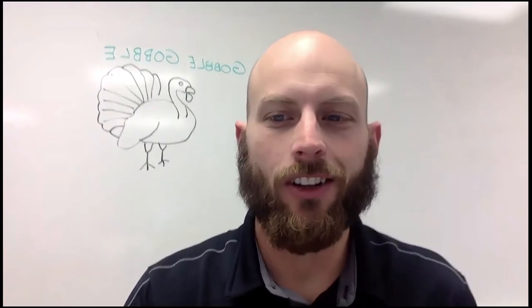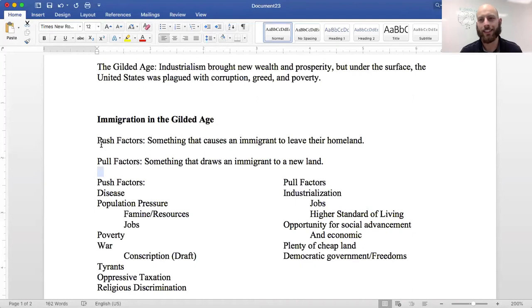First off, it's called the Gilded Age. If you don't know what something that's gilded is, gilded means it's gold on the outside, but the inside is decidedly not gold. Usually it's rotten or something like that, right? You can gild anything. You can just dip the pen in gold and it's a gilded pen. But in this time frame, it's coined by Mark Twain, the popular author, who wrote a book called The Gilded Age. It's a tale of our times, right?